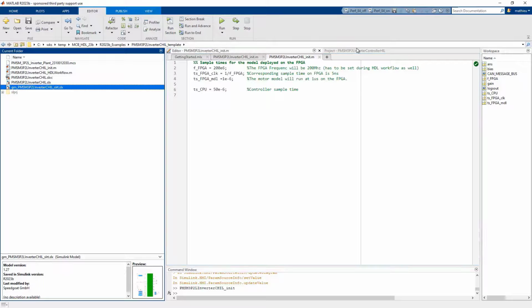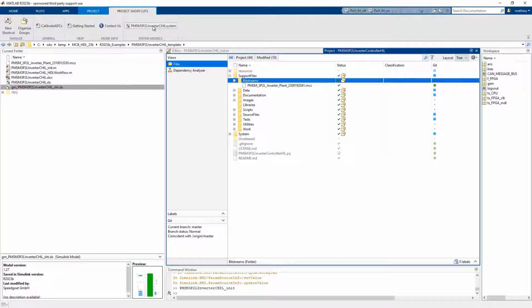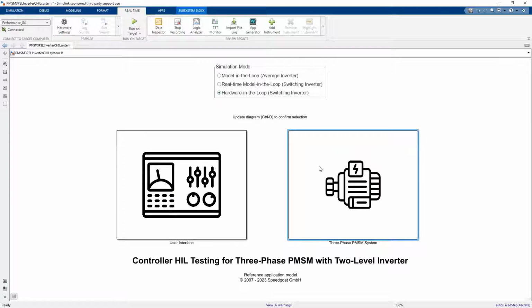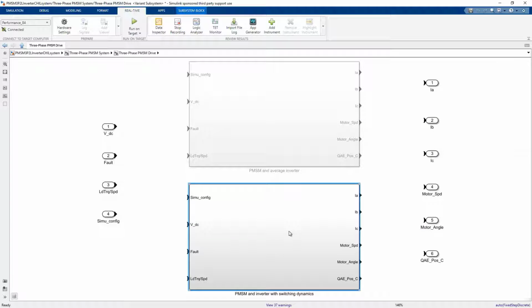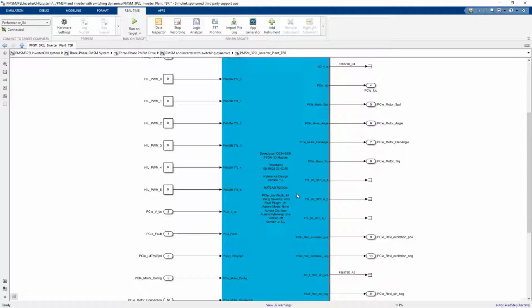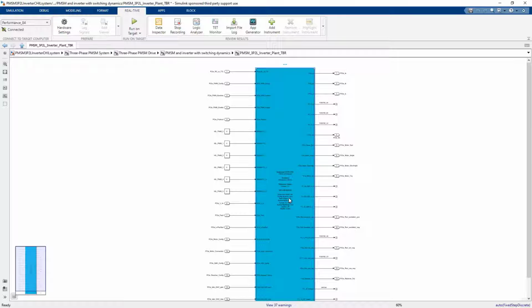Let's first open the model and find the block referencing the included bitstream. We can now replace it with the block generated by the template.